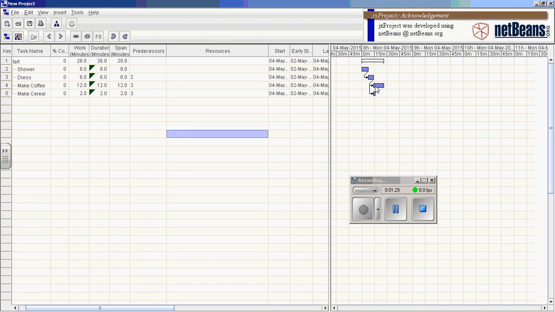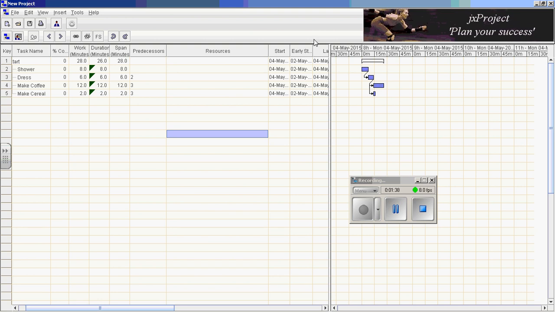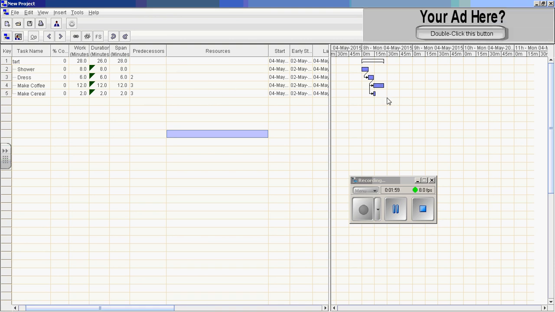And then those two we can see can happen at the same time, and then the project duration shortens to the appropriate amount of time. So fiddle around with that. I think this is probably better than having the resources, because for most of these projects, you will be the resource, or we'll assume that these two tasks can happen at the same time. But if you leave those as the same resource, they're going to be dependent on each other, because one resource can't be in two different places.